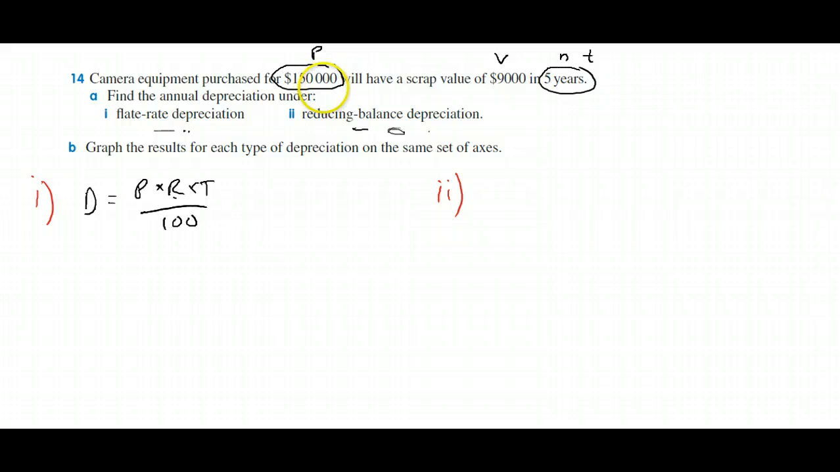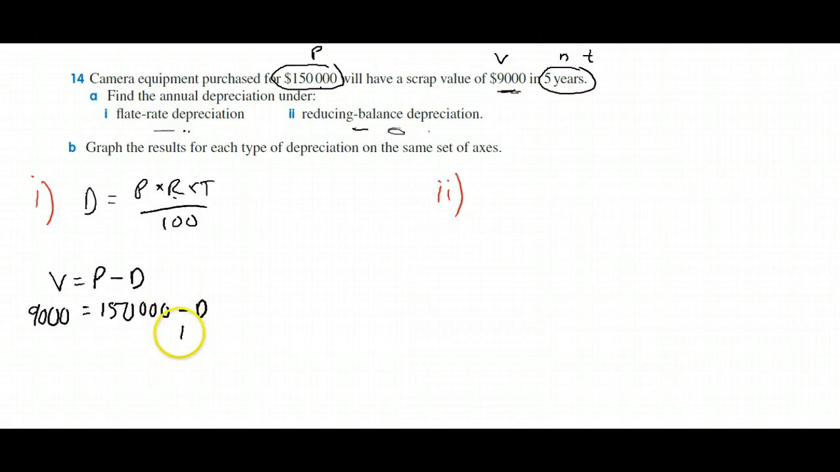Well, this might be important here. We've got the purchase price and we've already got V. Okay, we already know how much the thing's going to end up costing. So let's use this other equation. The value of something equals its purchase price minus its depreciation, and we know that its value is going to end up at 9,000 and its purchase price was originally 150,000, so we can work out D using these numbers here. If we add D over here and add D over here and then minus 9,000 here and minus 9,000 here, then we end up with